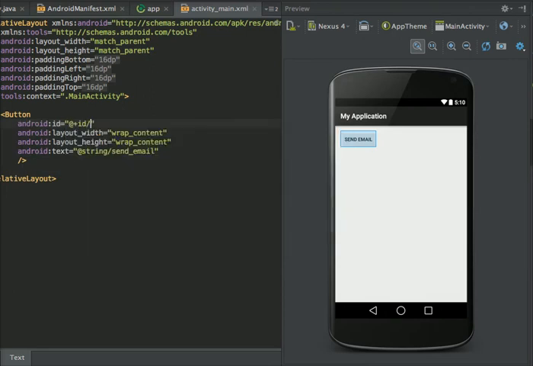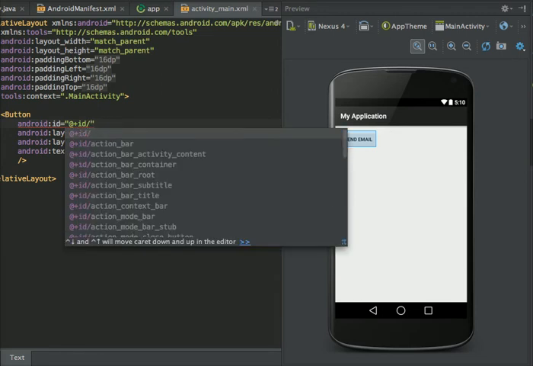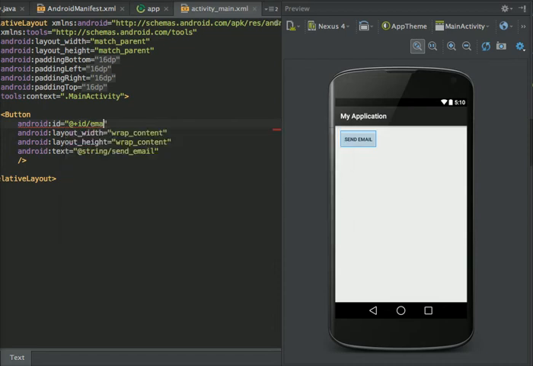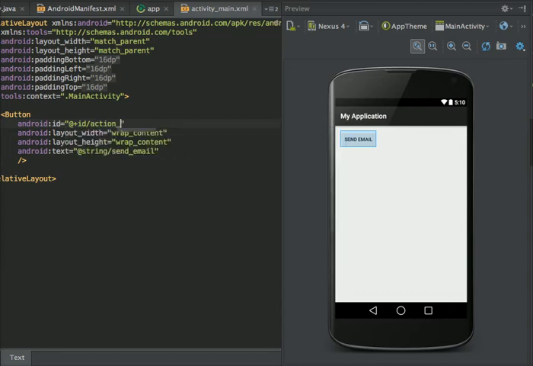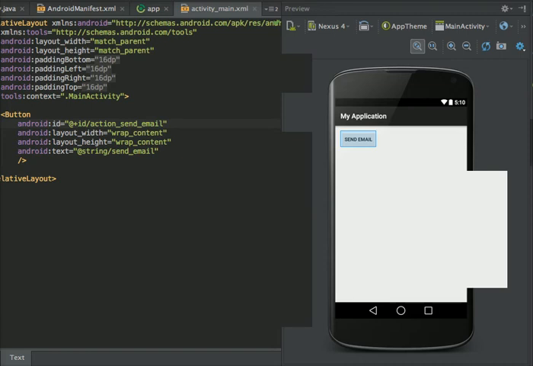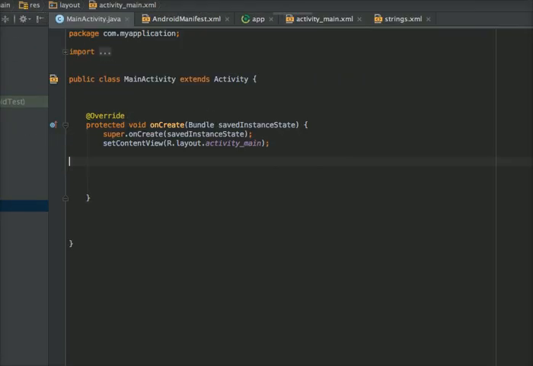Now I have to give the ID to this button, which I use in the activity to set a click listener on it. So I'm giving action_email, send email. Okay.